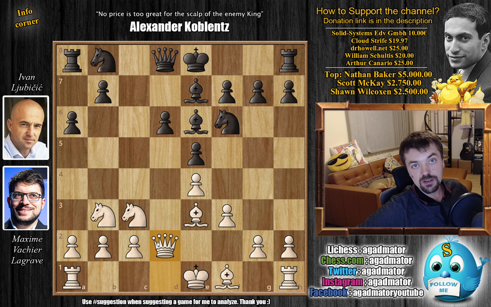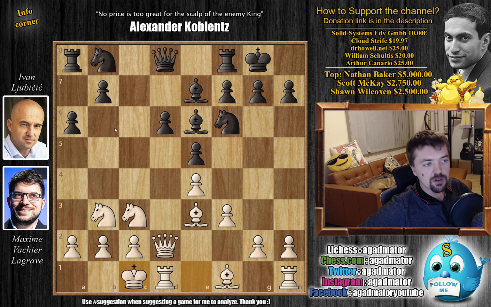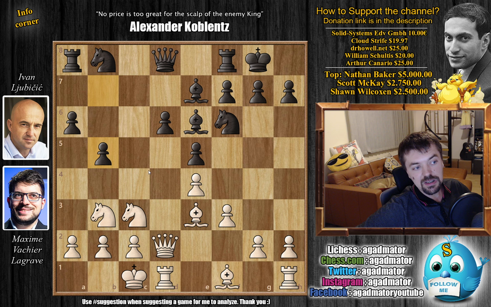So it's gonna be a wild game already. You can see as the castles will be on opposite sides of the board. We have castles by black and a queenside castle by Maxime, and here there are a couple of ways you could play this position. a5 is a popular option, knight bd7 is a popular option, but Ljubo goes for b5 immediately. He knows this will be a race, so he wants to attack on the queenside as soon as